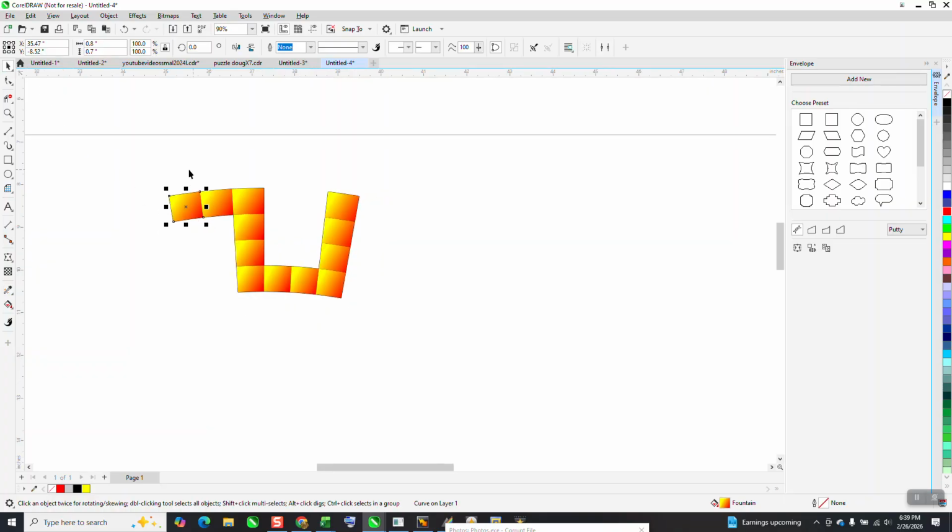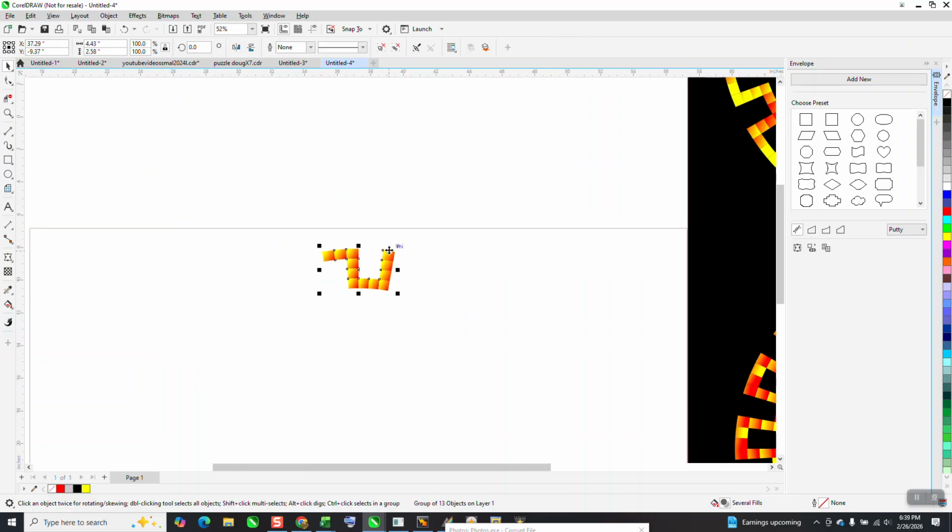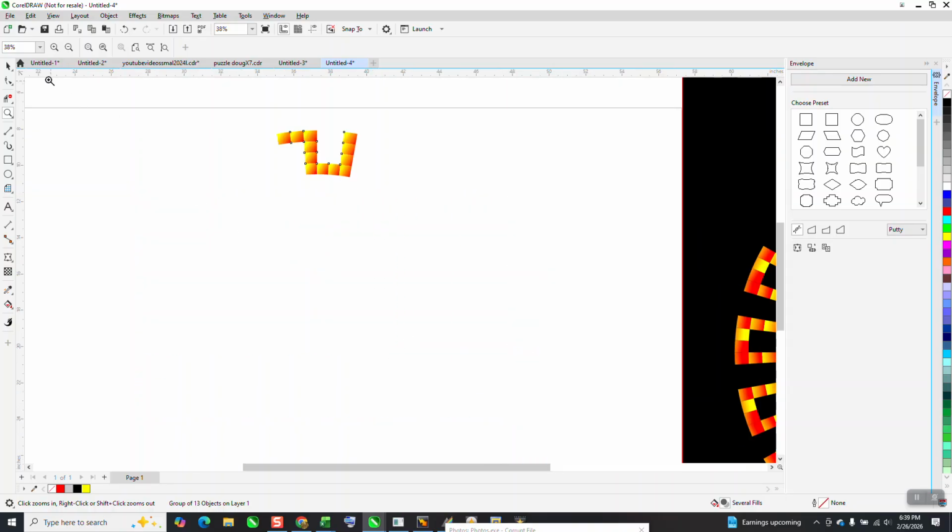Now, I'm pretty sure we've got to group this together. Matter of fact, I'm going to take away the outline, and I'm going to Control G to group it. Now we're working in the center of the page, so I can use my Alt C to do it. So I'm going to Control G to group it, Alt C to have it rotate from the center of the page,